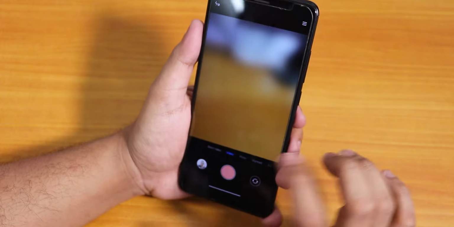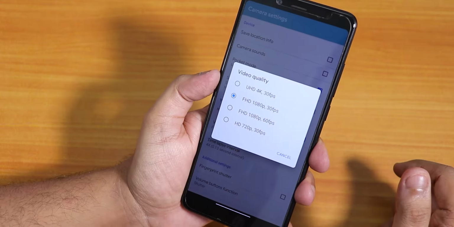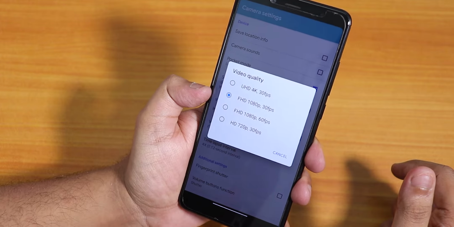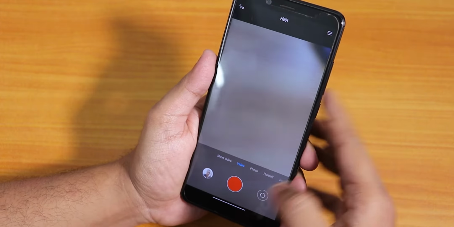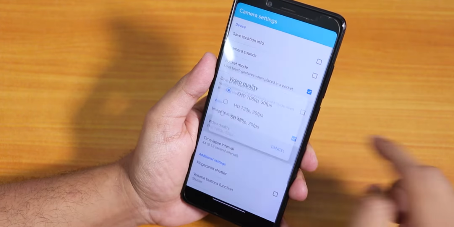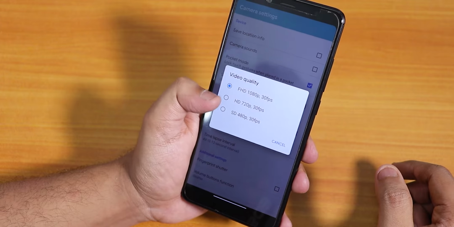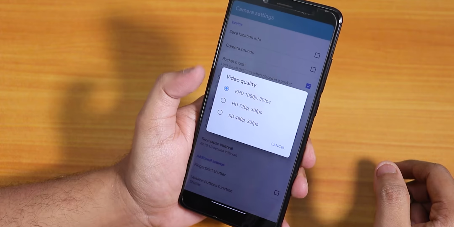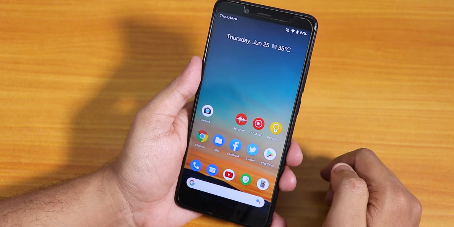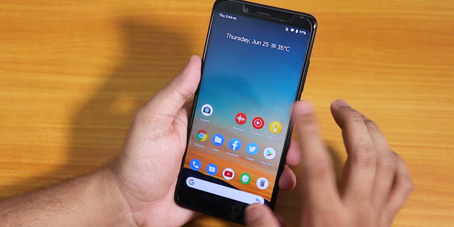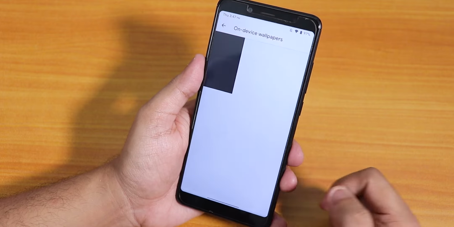So yeah, the back camera actually is working with the normal photo mode, and inside the video settings, you can shoot up to 4K 30 FPS, 1080p 30 FPS, 1080p 60 FPS and 720p 30 FPS, and that is with the back camera. And if I switch to the front camera and go into the video section, you can shoot up to 1080p 30 FPS, 720p 30 and 480p 30 FPS. You do not have the option to shoot 60 FPS front camera videos, at least with the stock camera. So in my opinion, this is really good that we get the stock MIUI camera over here, and you can install Gcam separately.